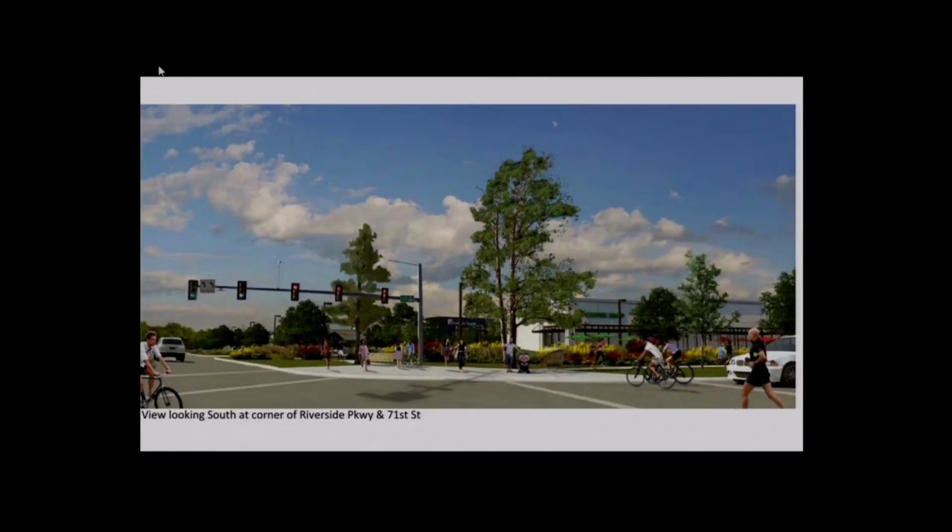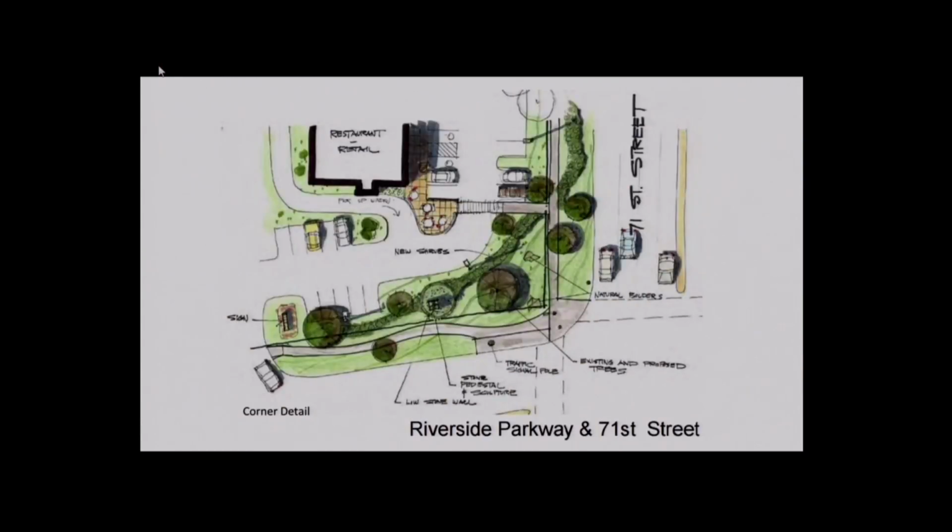Next slide, please. This is a view of 71st and Riverside Drive. You can see the berms there. You can see the landscaping. Landscaping, again, being done by Howland Van Kuren that's here in Tulsa, that's done a lot of other notable projects, certainly not the least of which would be Philbrook and Crystal Bridges. Next slide, please. That just gives you a better idea of the landscaping work on that berm there at the corner of 71st and Riverside.